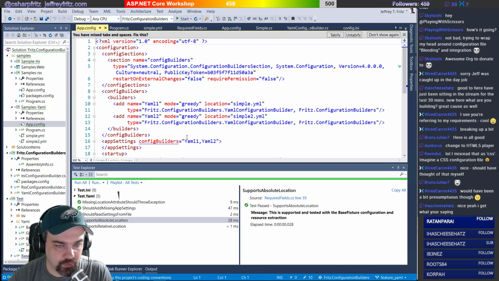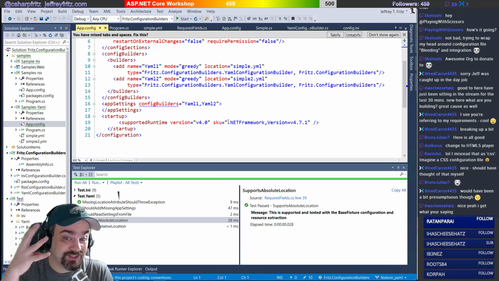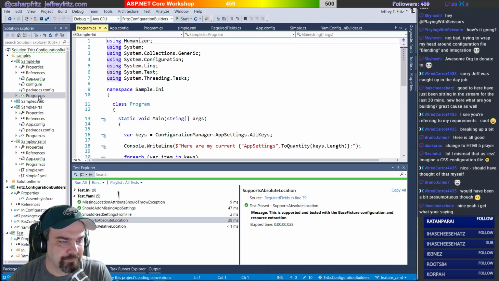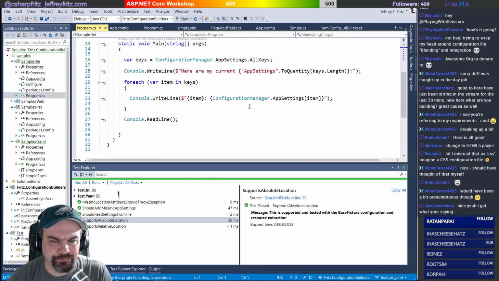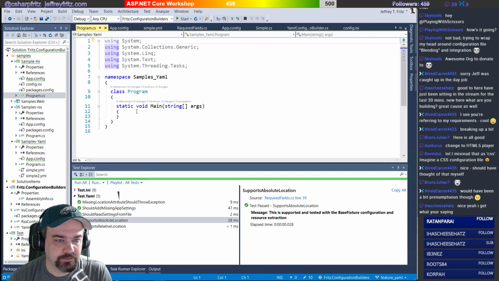All right, so there I'm reading those 2, bringing in config builders and putting them into app settings. So if everything works right, I should see 4 settings coming out there. I'm going to steal what I have here in Program CS. And I'm just going to copy this. Right, because I'm going to be doing the exact same thing. Just want to output all the contents